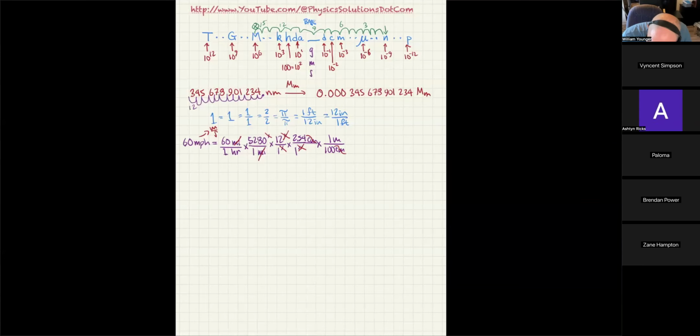So the next thing I need to do is I realize that 1 hour is equal to 60 minutes. Now let's see if you can answer this one. Do I put the minutes on the top or do I put the minutes on the bottom? Or let's actually make it a fair question. Do I put the hours on the top or the hour on the bottom with this value of 1? We're trying to get rid of hours. Do I put the hours on the top or the hours on the bottom?